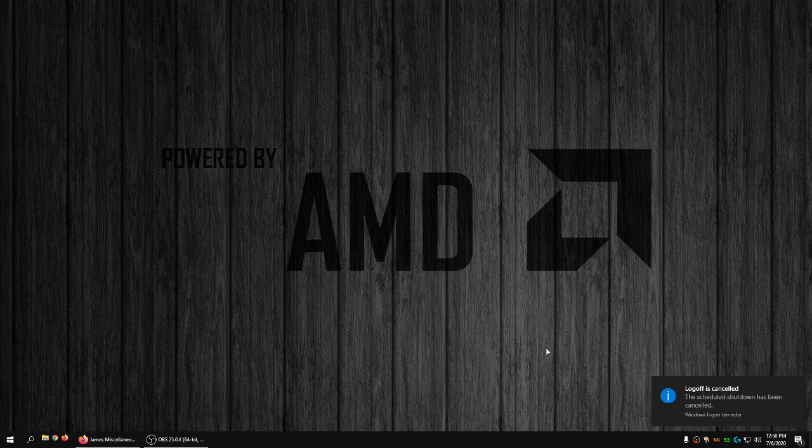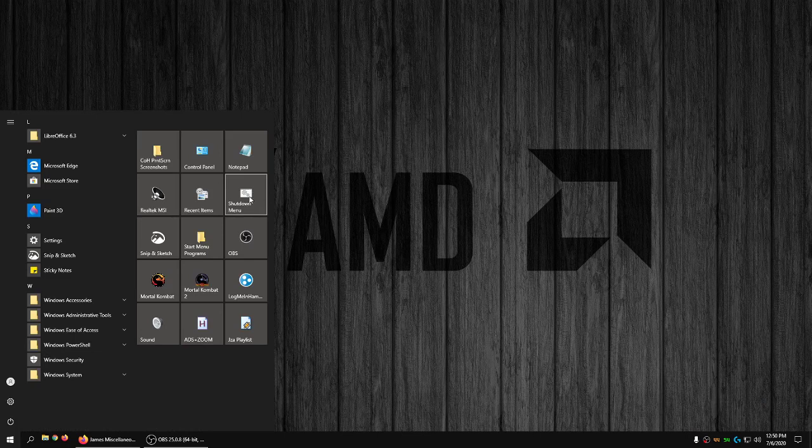Now, if you want to have the convenience of having a shortcut to a batch file or script in your tiles, in your start menu here, I don't know about Windows version 2004, but in previous versions, Microsoft would not let you pin a batch file or a shortcut even to a batch file into the start menu as a tile, probably for security reasons and for other reasons unbeknownst to me, but I'm sure there's a good reason. But